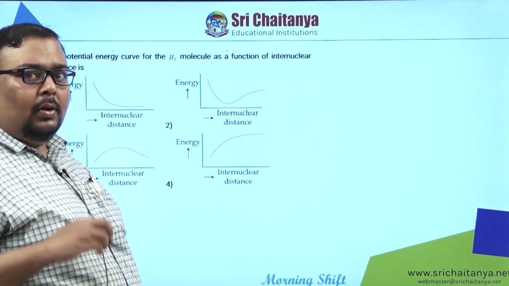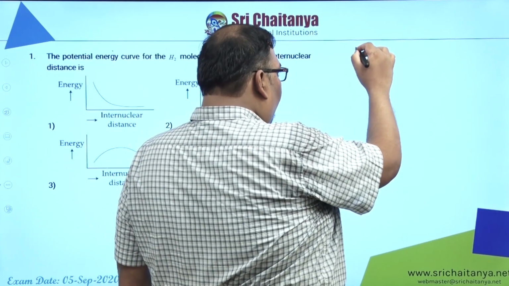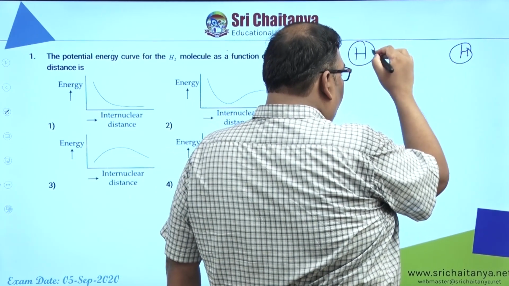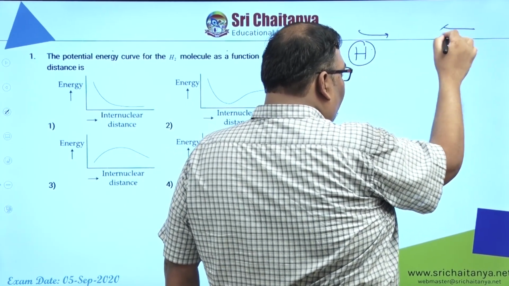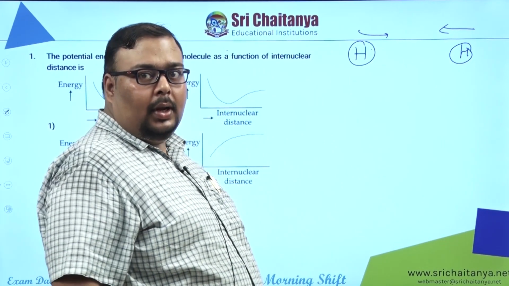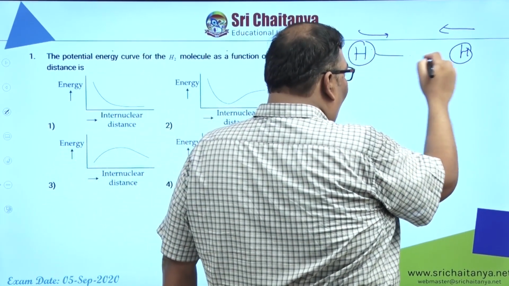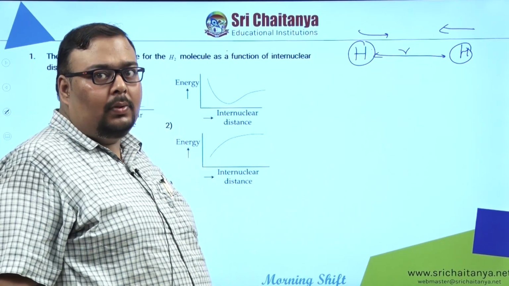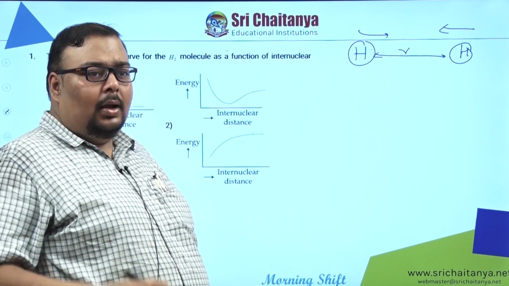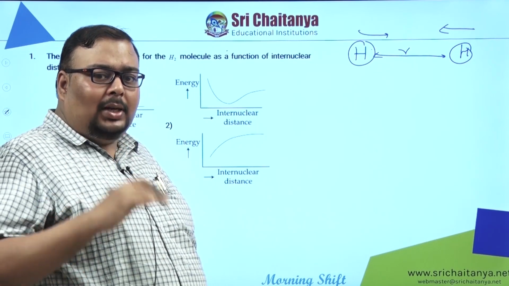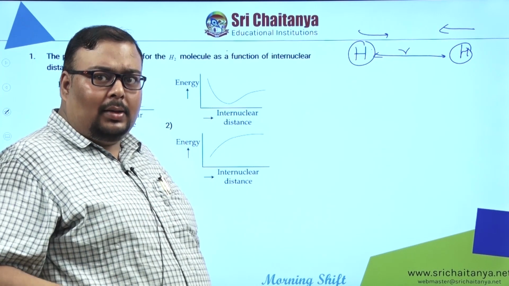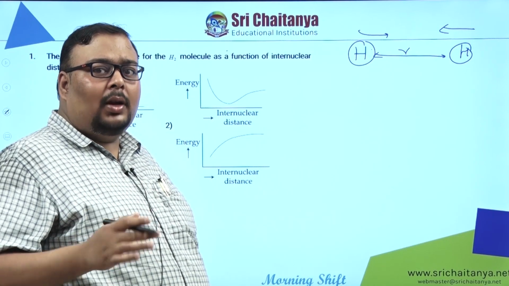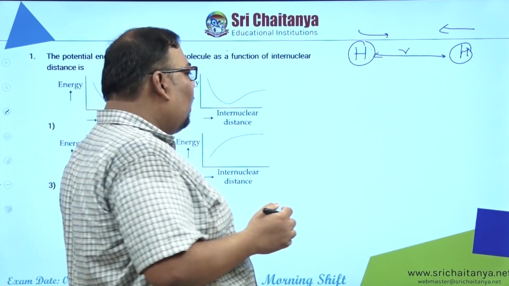Okay, so you see, when two hydrogen atoms are approaching each other, then the potential energy of the system will decrease. Now, that R basically represents the distance of separation between the two hydrogen atoms. So, the potential energy will be decreasing when these two atoms are coming together, and that gives us the potential well diagram. It will be looking something like this.